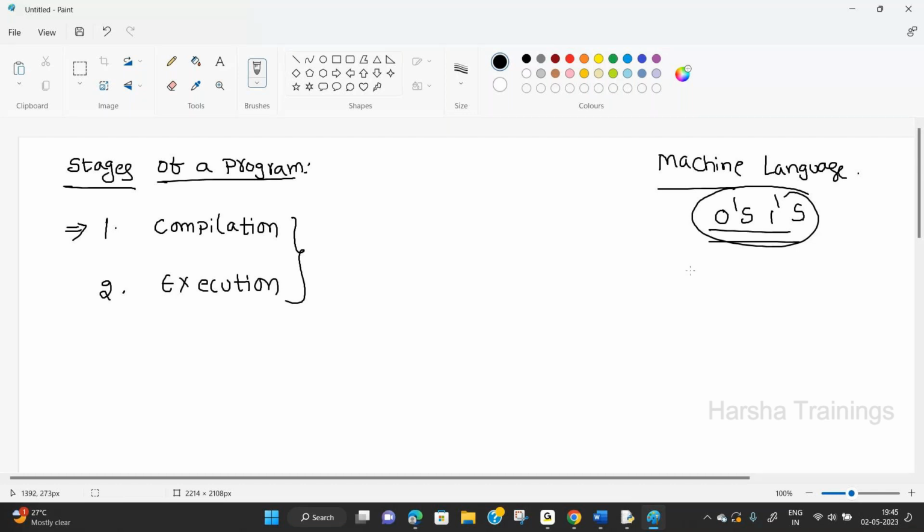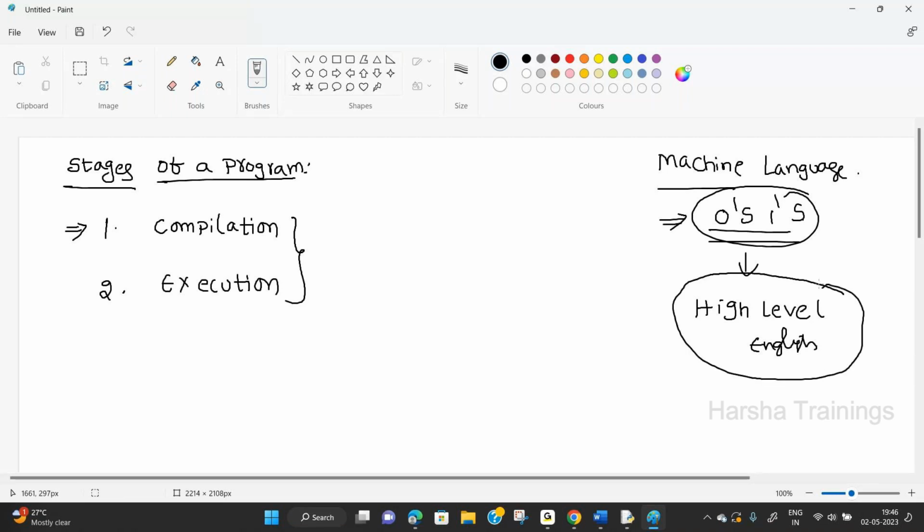So, what is the problem? Here, the computer understands only zeros and ones, so you need to write the program by using zeros and ones, but you are not in a position to write the program in zeros and ones. It is very difficult. For that reason, I select some high level programming language like Java, Python. Generally this is in English. So this is the language that is understandable by the programmer. That is, you are the programmer, I am the programmer.